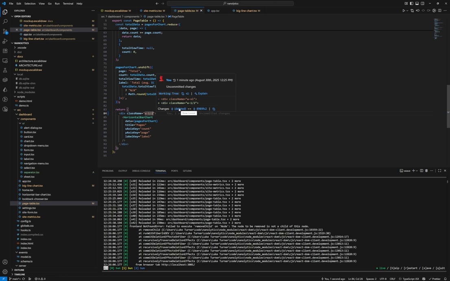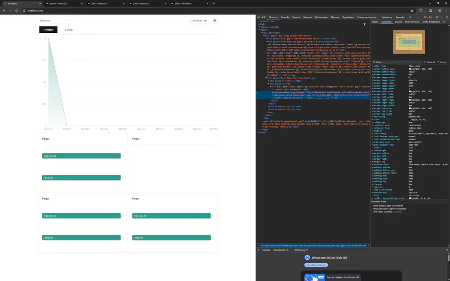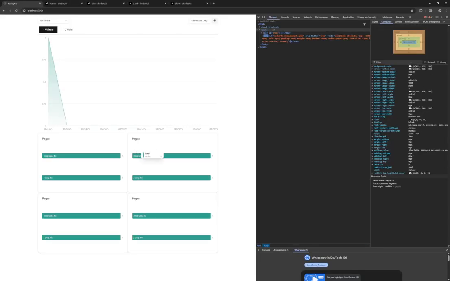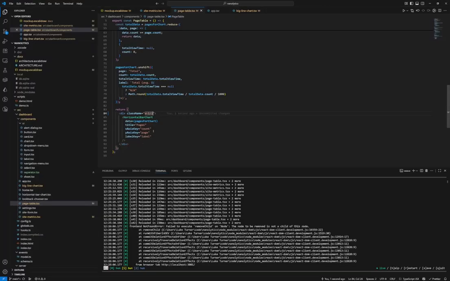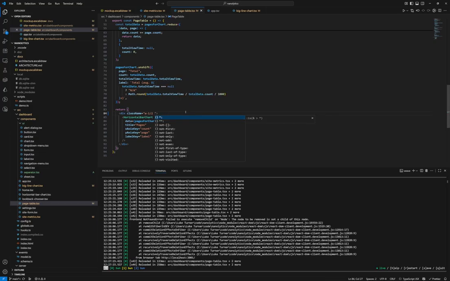Okay. I'm trying to think of how to do a good responsive layout for this and whether we want to use flex or grid, basically, is the question in my head right now. I feel like flex is probably going to be simplest for now. And then the spacing we can fix with